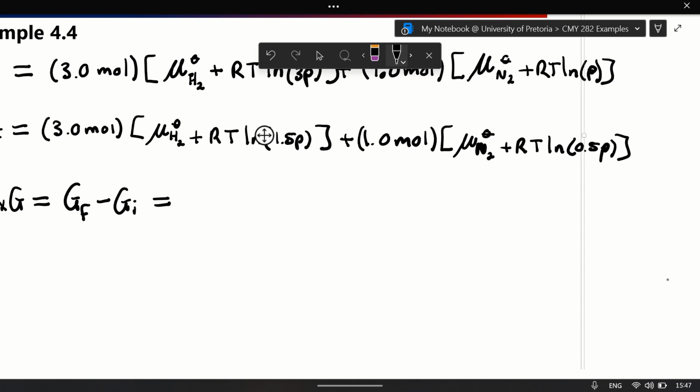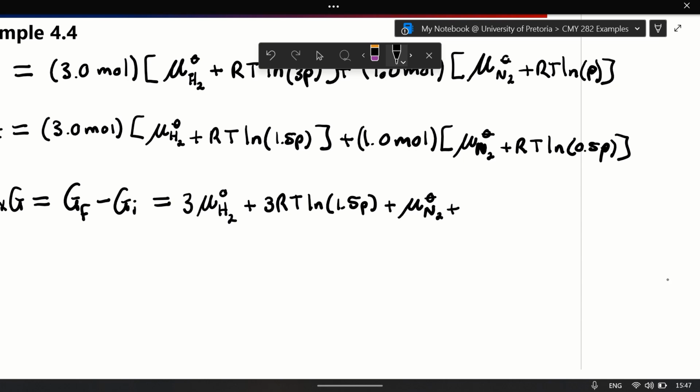So for the final part, we have 3 mu H2 plus 3 RT ln 1.5P plus mu N2 plus RT ln 0.5P